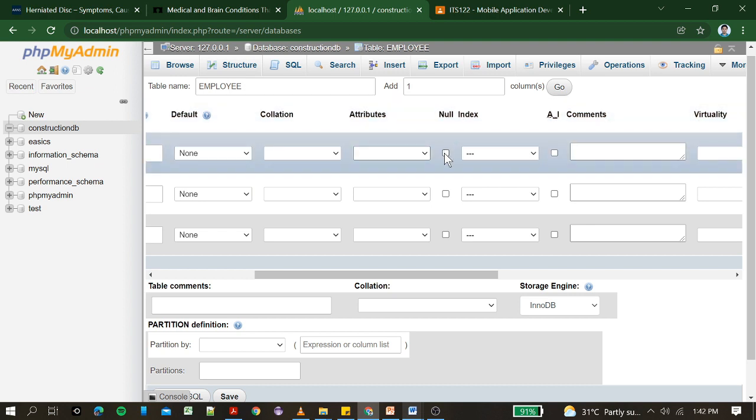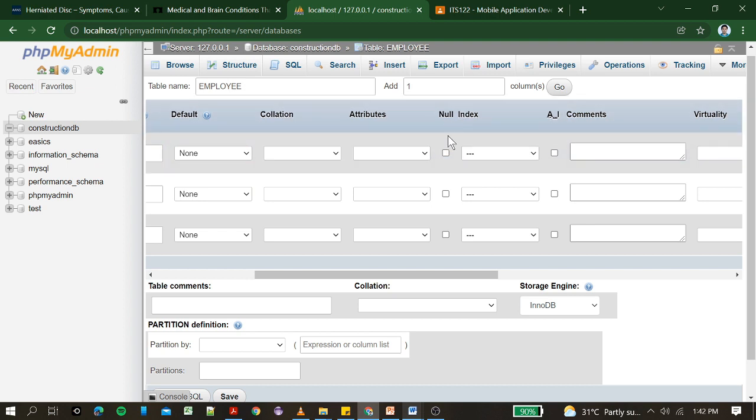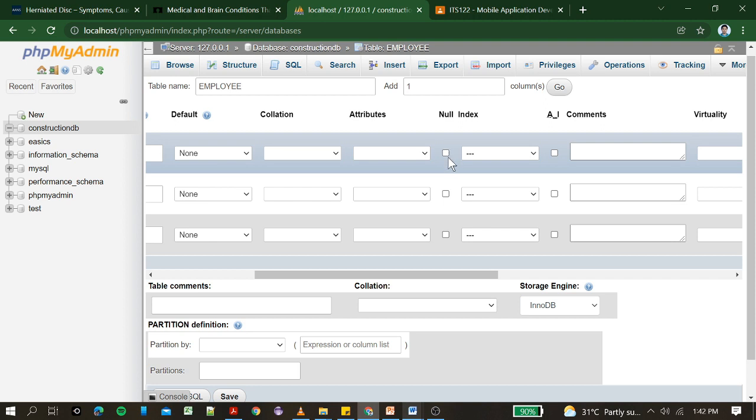So, itong checkbox na to is, kung i-check natin, automatic magiging null siya. Pwedeng magkaroon ng null value yung column na yun. Ano? Then, dito sa index, so since